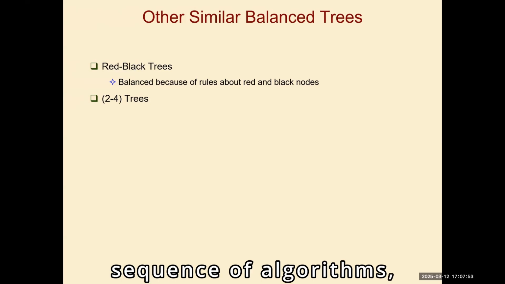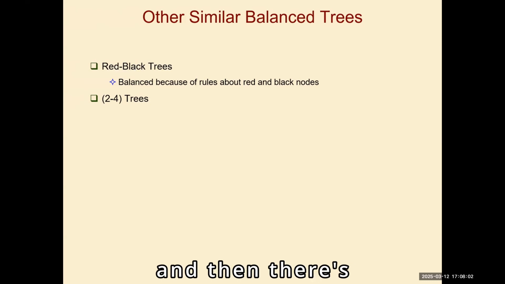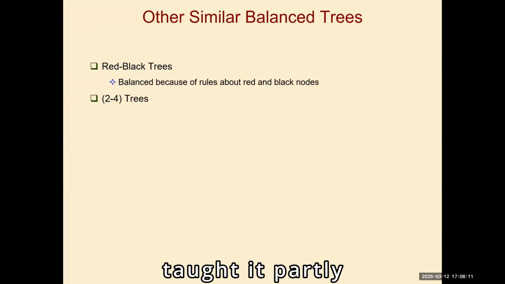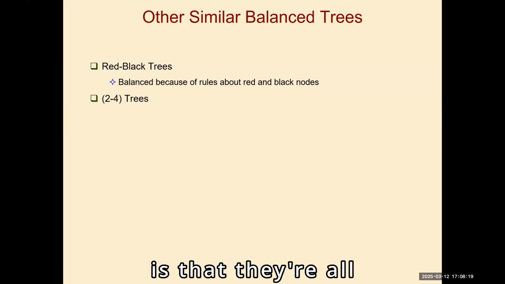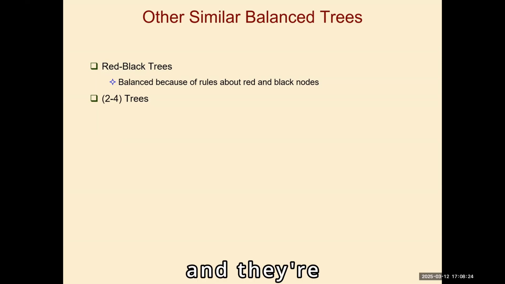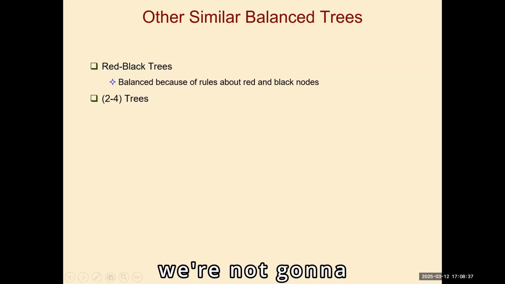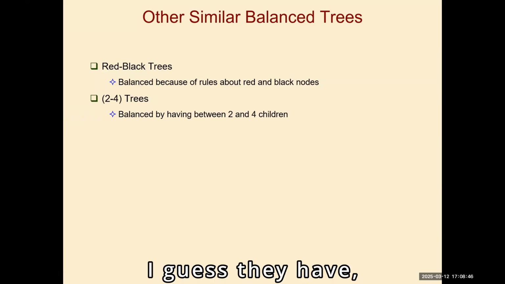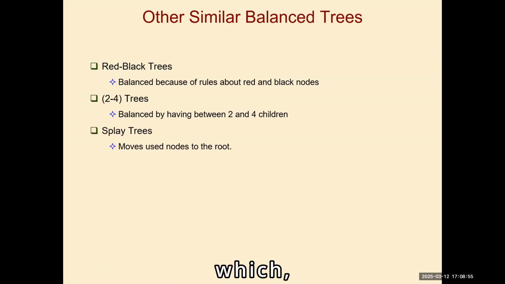If you know the course sequence of algorithms, we're in 2101, which is data structures, and then there's 3101, which is algorithms. And then there's 4101, which is data structures again. And I've never taught it, partly because my sense of it is that it does a lot of things that I think are dumb. One of the things I think are dumb is that there are all these types of balanced trees, and they're slightly different, and maybe this one's slightly better at this and one's slightly better at that. I learned once what a red-black tree was, but we're not going to really cover it here. They cover it in 4101. And then there's a thing called the 2-4 tree. I guess some nodes have 2 children and some have 3 or 4 children. And then they have a thing called the splay tree, which quite frankly,